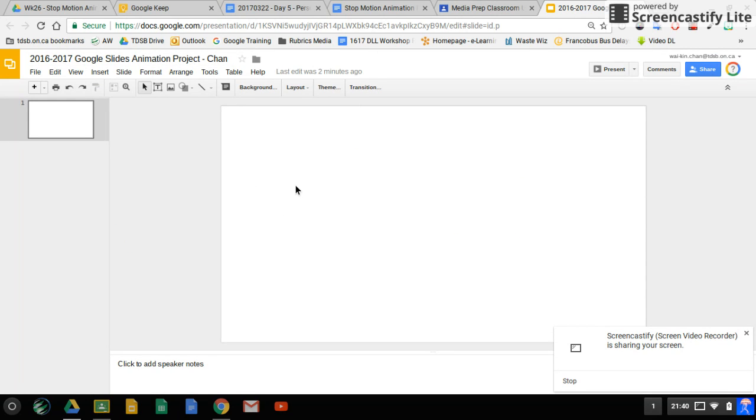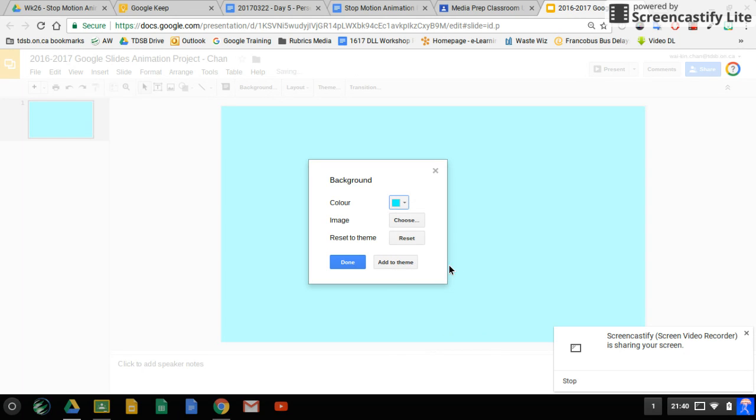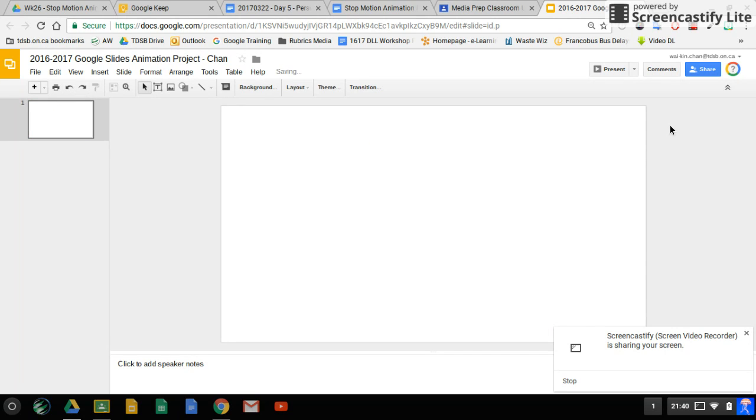Here's where you can make some decisions about the background. So for example, I can decide to change the background color by clicking on this. Say if I'm happy with the size of the screen itself, I can click on background and I can choose a color of my choice. Right, so this could serve as my background. If I make a mistake, I can use the undo button. Just say if I wanted a different background, I wanted to insert